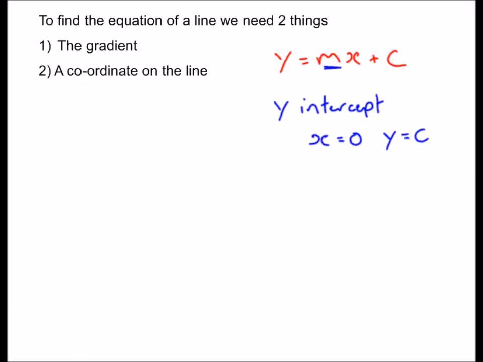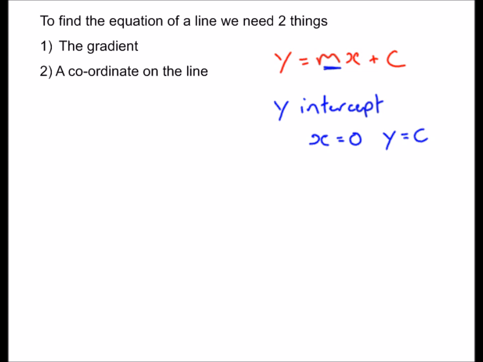So what we'd really like is an equation of a line which isn't so specific that it needs the y-intercept. So what I'd really like is an equation of a line where I can use a coordinate which is more general. So say I had the coordinate, I'm going to be really unimaginative here, where the x-coordinate was x1 and the y-coordinate was y1. And I also knew that the gradient was m. What I'd really like is to be able to find the equation of a line just using these 2 bits of information. Now I can use the equation y equals mx plus c,